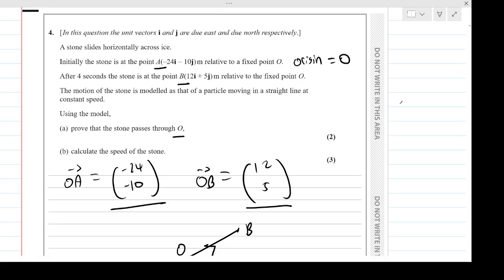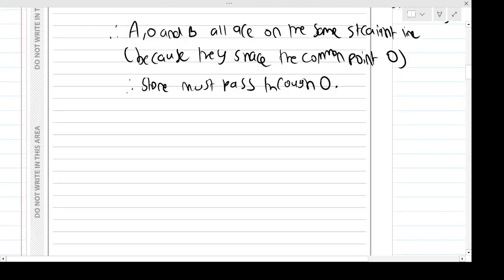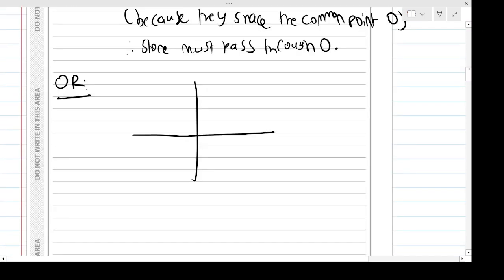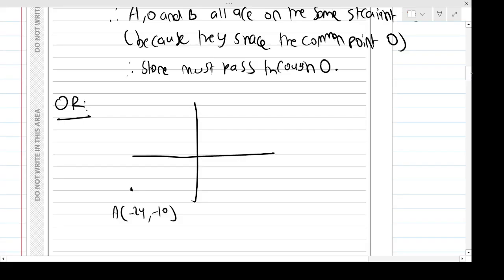If we were to imagine plotting these 2 points on a coordinate grid, if I do it down here, the other approach, alternatively, instead of the vector approach. So minus 24, minus 10 for A would look perhaps down here somewhere. That's A, minus 24, minus 10. And then B is 12, 5, so it would be somewhere there maybe. And so if we connect it,